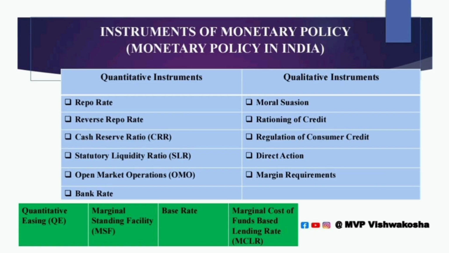For example, during periods of high market volatility or liquidity crisis, Indian banks may resort to the marginal standing facility to meet their short-term funding needs. Next, very important, is the base rate. Base rate is the minimum rate of interest set by commercial banks, below which they cannot lend to their customers. It is determined by the individual banks based on their cost of funds, operational cost, and RBI's policy rates.